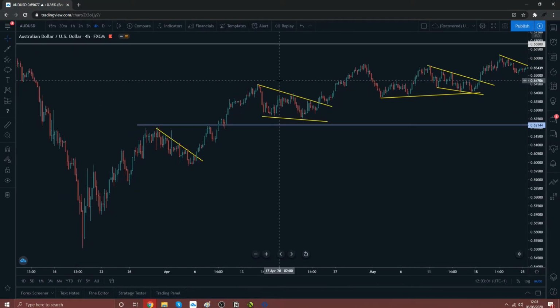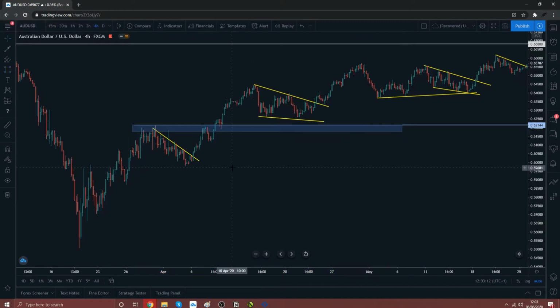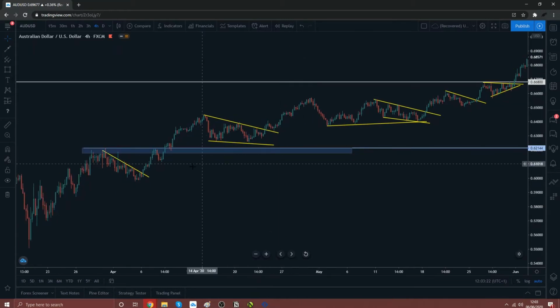So this is why I don't like support and resistance. Some people will swear by their things, that price would have to come down and enter this box or touch this wick or whatever it may be. So some people wouldn't have taken a trade from here, but once we had this impulsive move up and we started moving sideways,